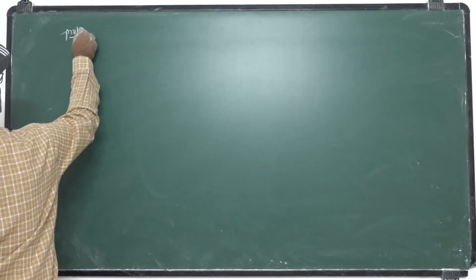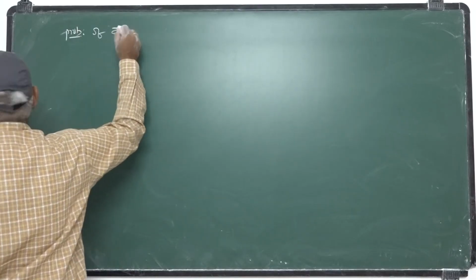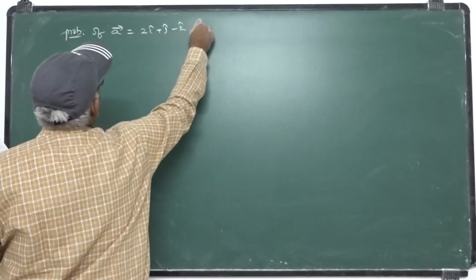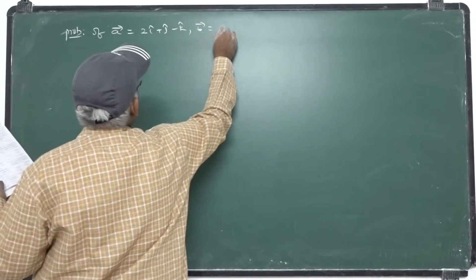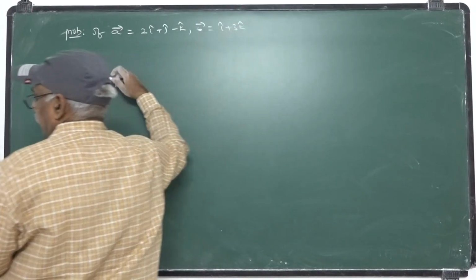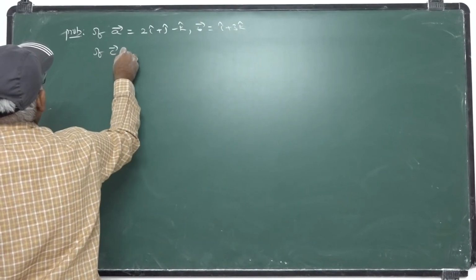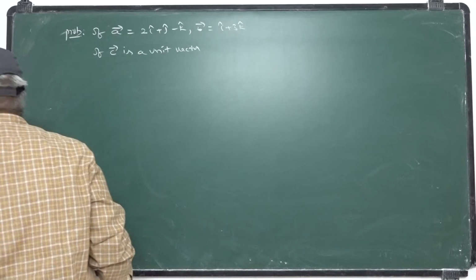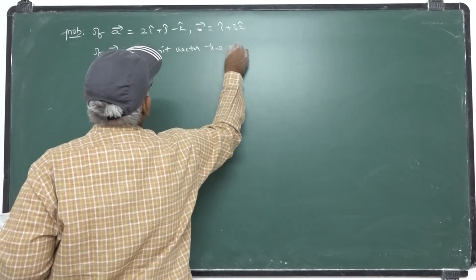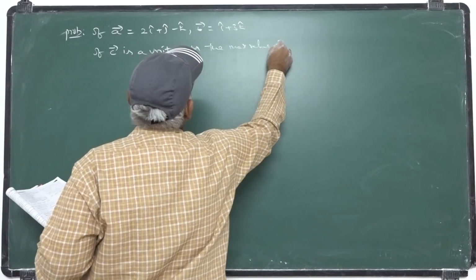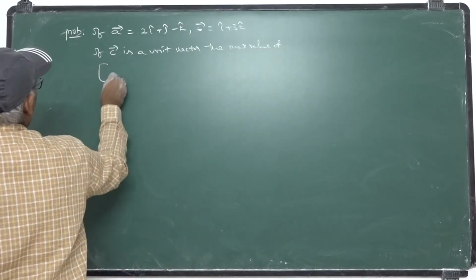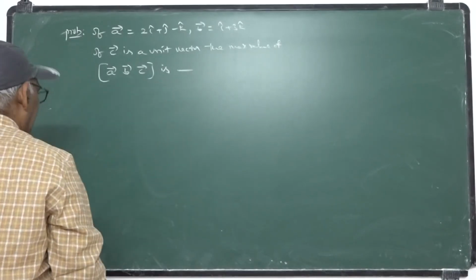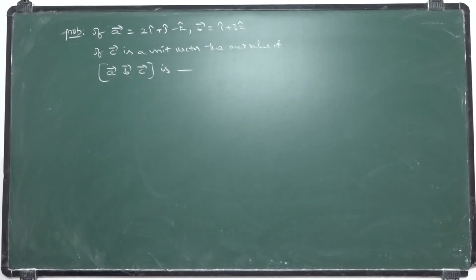Next problem. If A bar is given 2i plus j minus k, B bar is given i plus 3k, and if C bar is a unit vector, then the maximum value of box A bar, B bar, C bar is...